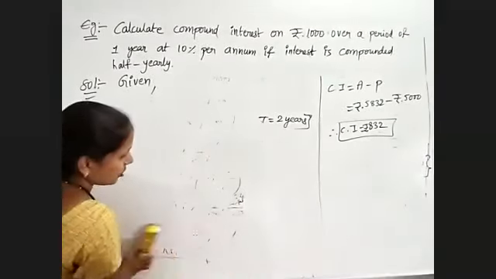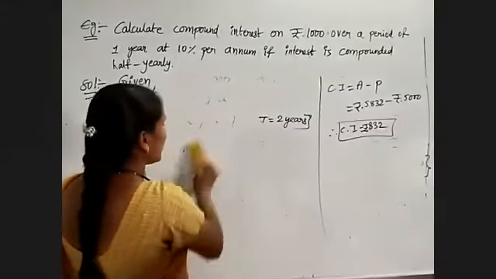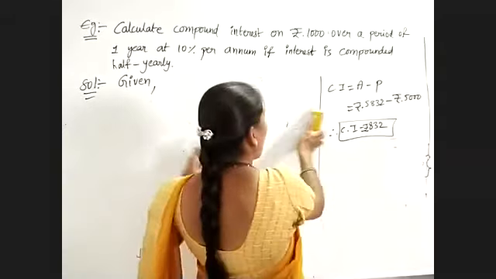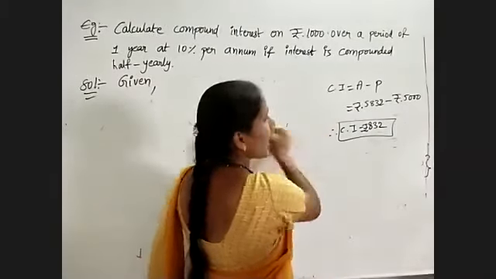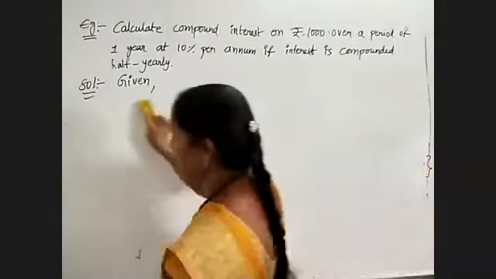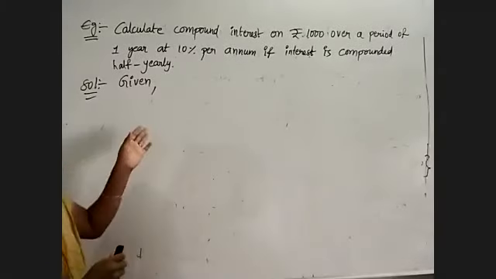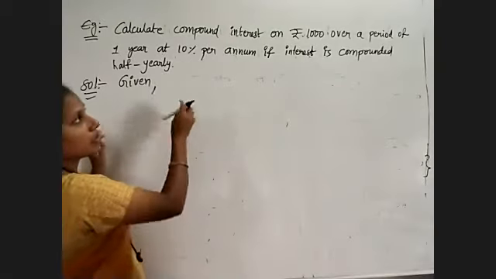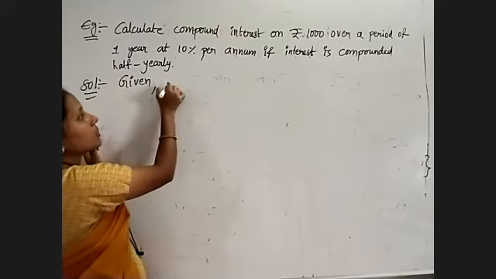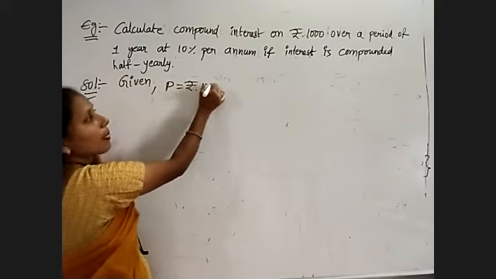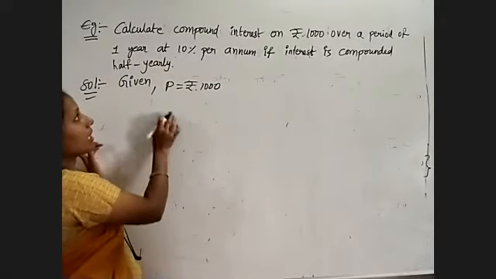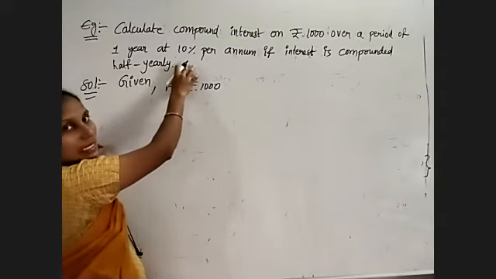Okay, observe the given question. In our previous problem, we got interest compounded annually. Here, half yearly means semi-annual, half of the year. So here we will get n value differently. Just before that, what are the given values? Given that 1,000 rupees he has taken, that is principal is equal to 1,000 rupees, and over a period of 1 year. So timing we will write afterwards.